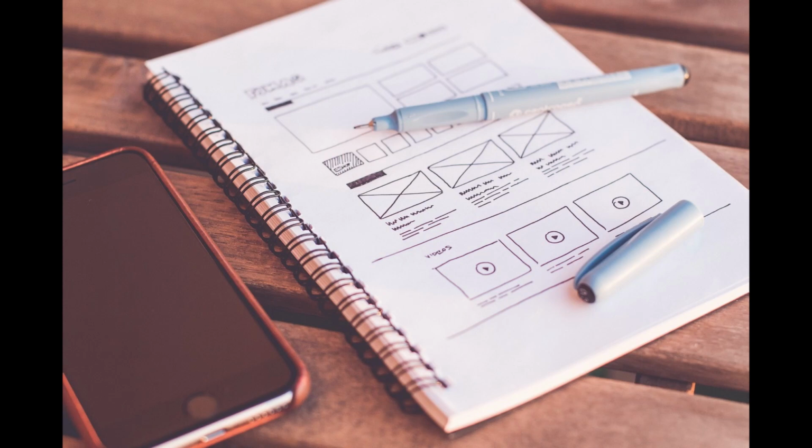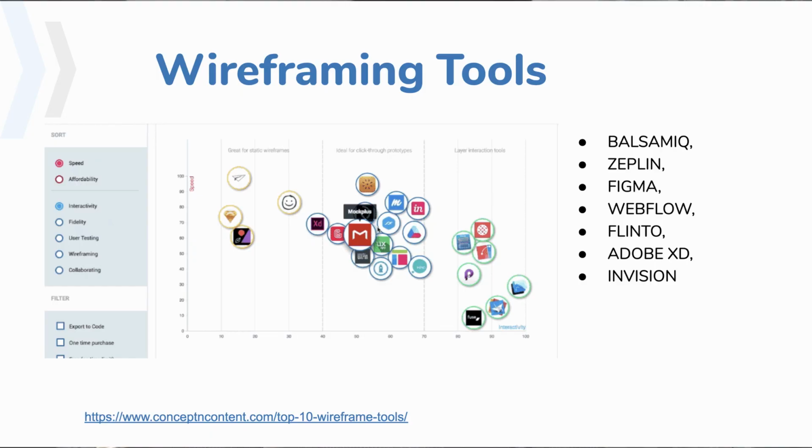There are so many tools out there that can be used to create some of these things. Sometimes I think the cheapest way of creating some of this is with a pen and paper, which is mostly used in the wireframing stage where you use your pen and paper to just sketch. There are so many online tools capable of helping us to amplify some of these things, and some of them, you will see